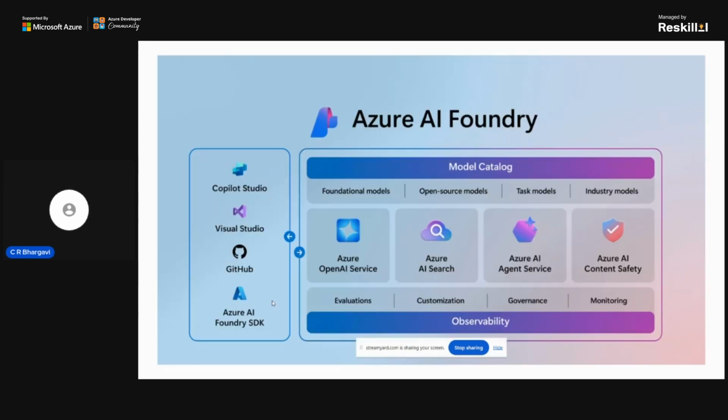And among these, where you can build your own agent is AI Foundry, where you will have the foundational models, open source models, task models, and industry models like Phi, GPT versions, RAG models, and various other models.